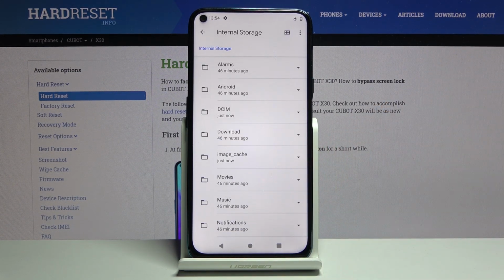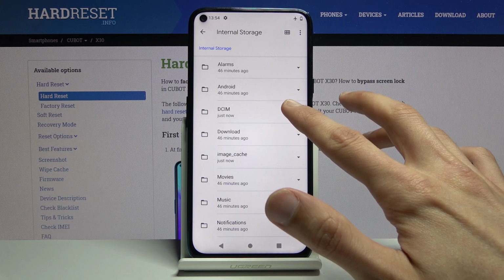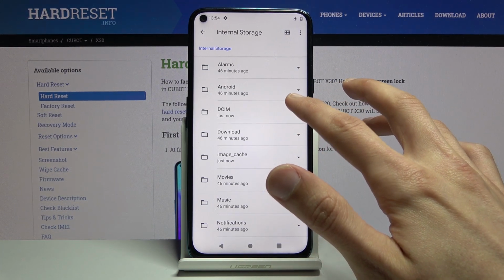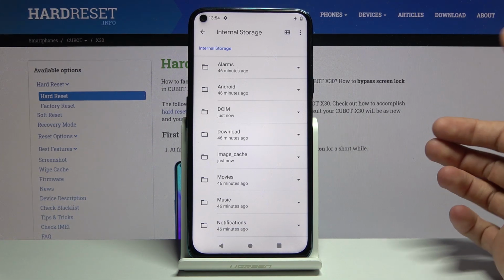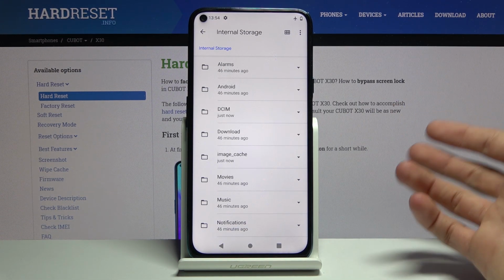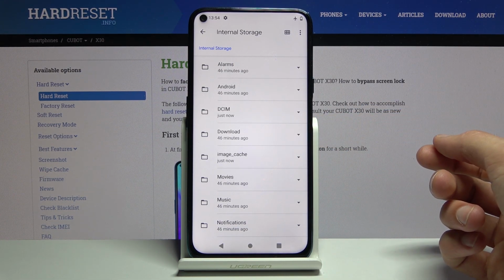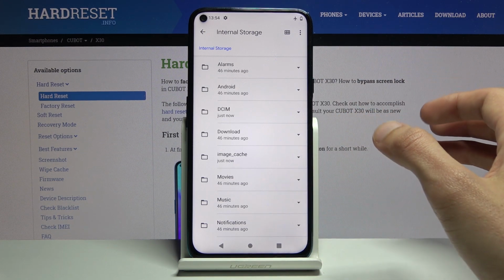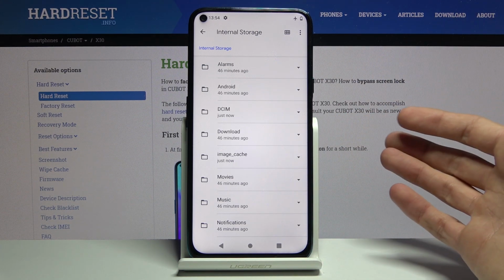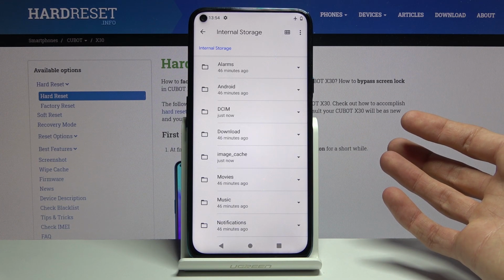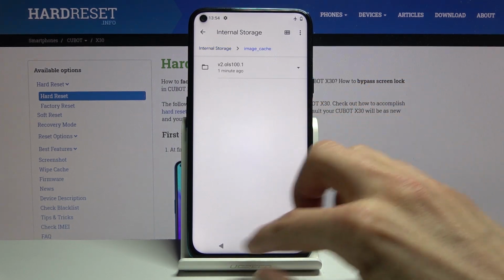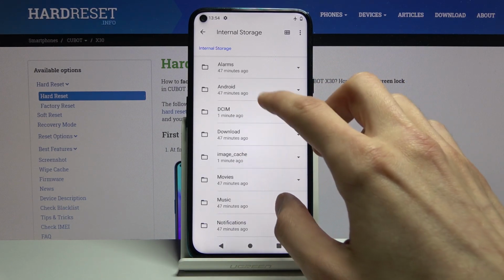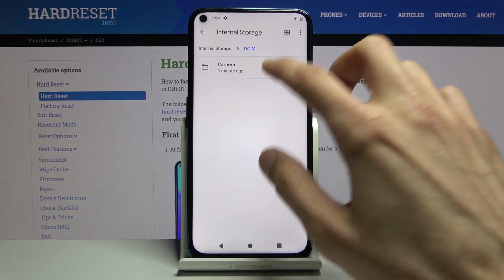Now photos and videos are located under the DCIM folder, and the downloads folder will have anything that I have downloaded on this device, like images, documents, anything like that. The majority of the other folders are primarily empty or occupied by you if you have placed something in there. So let me quickly check if my photos are here, and